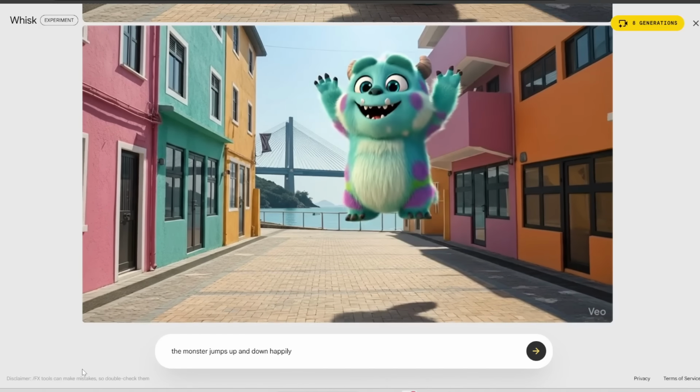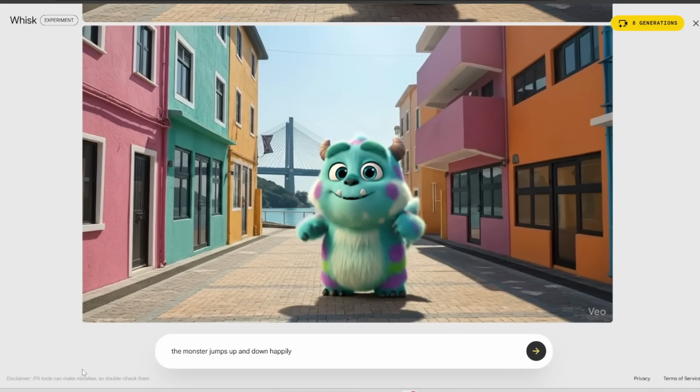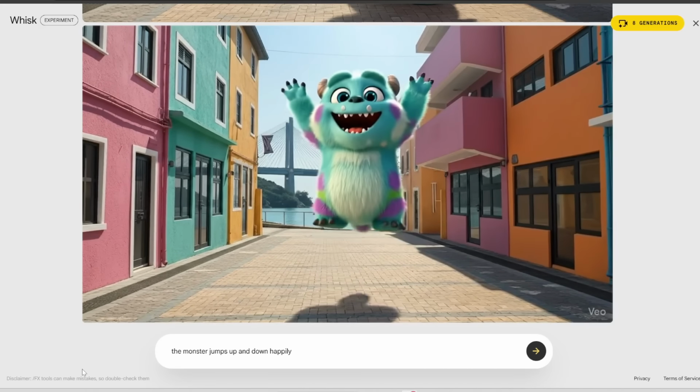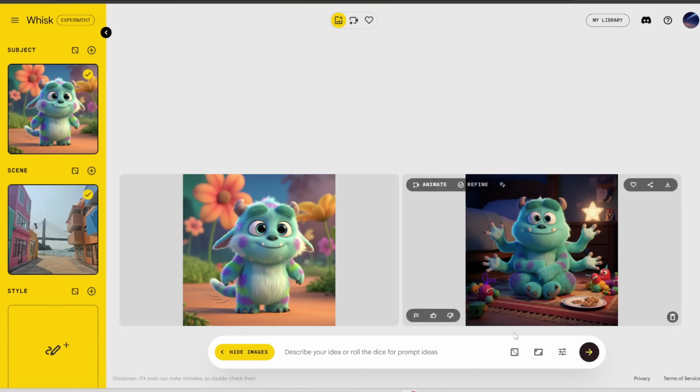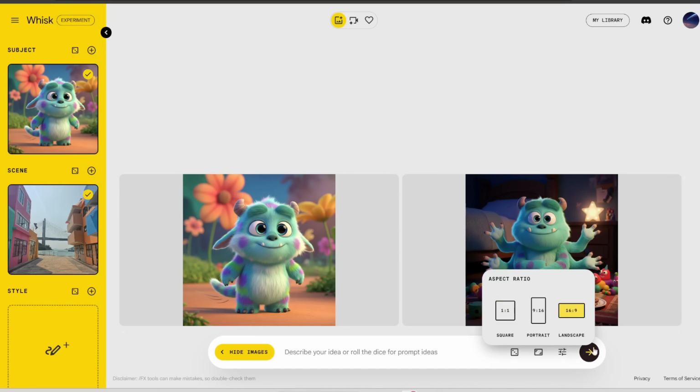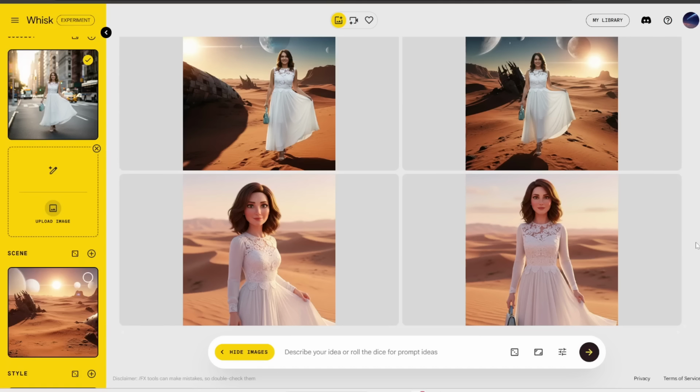Okay, the character sounds slightly horrifying, but in a nutshell, that's Google Whisk. This offers a really easy way for you to mix and match different subjects and backgrounds and styles together. Note that you can also do this with Nano Banana, but Whisk just offers a much more organized way for you to immediately select whatever references you want. Again, this is completely free to use, so if you're interested in trying this out,